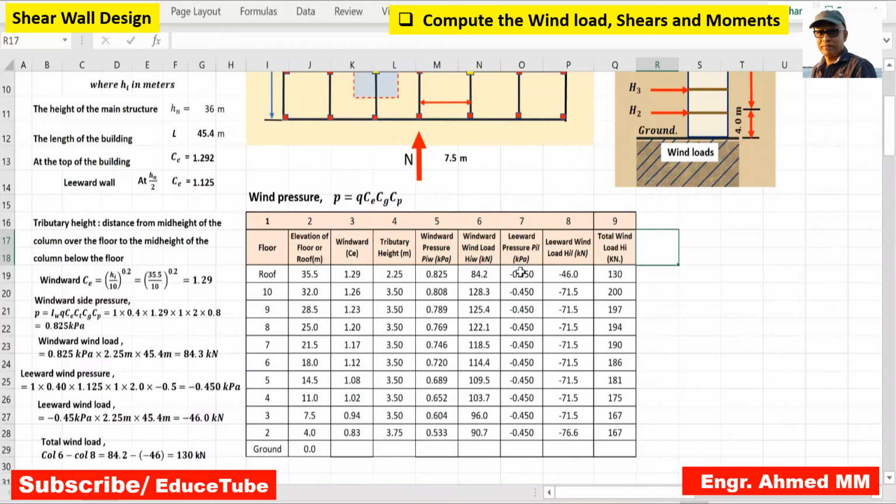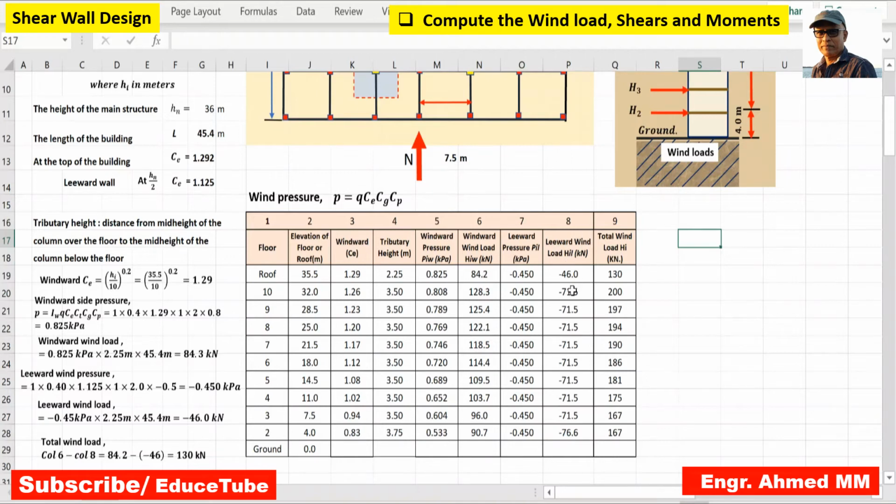So once we get this, this is the equation, this formula we used. To do it in Excel, I have used the cell addresses to get all those values. Once I get this, you can see the formula I used. So once you get this, click here and pull it down, and all the values will appear. Then